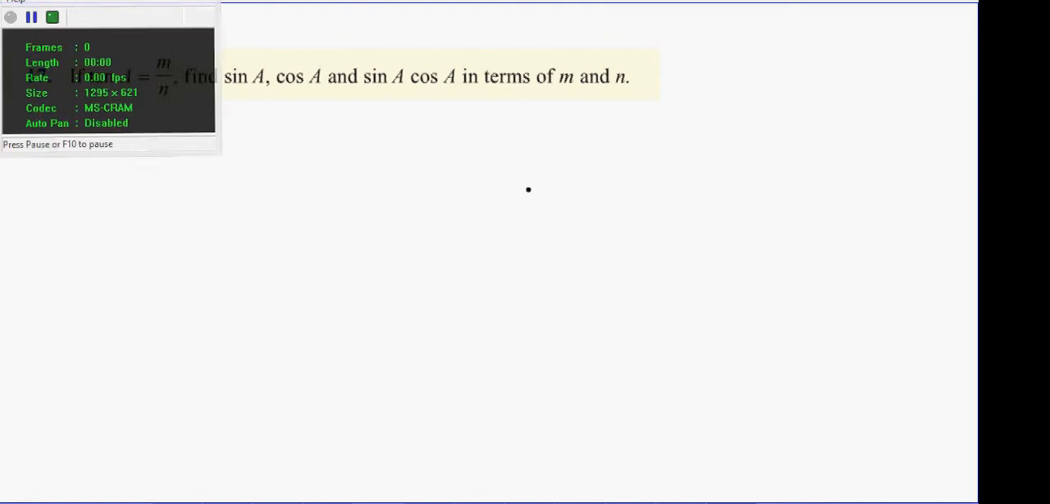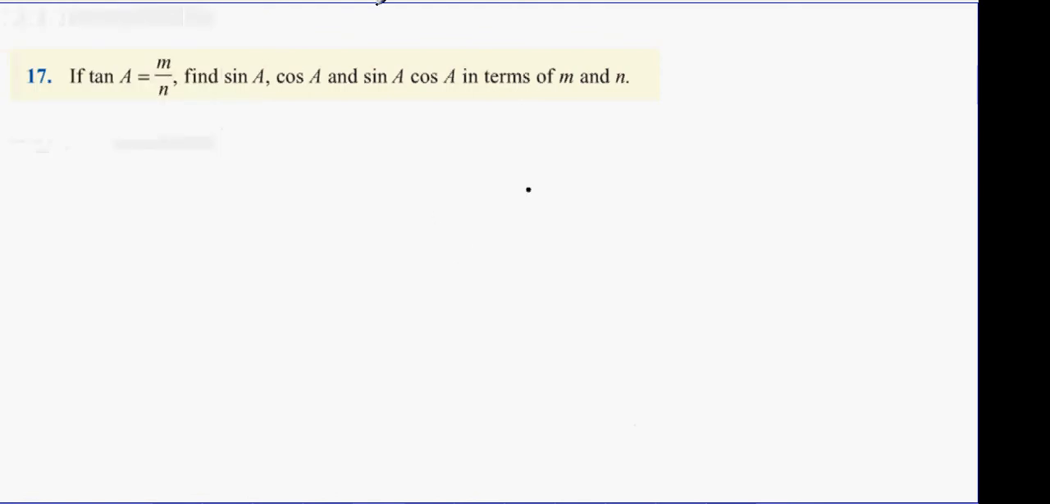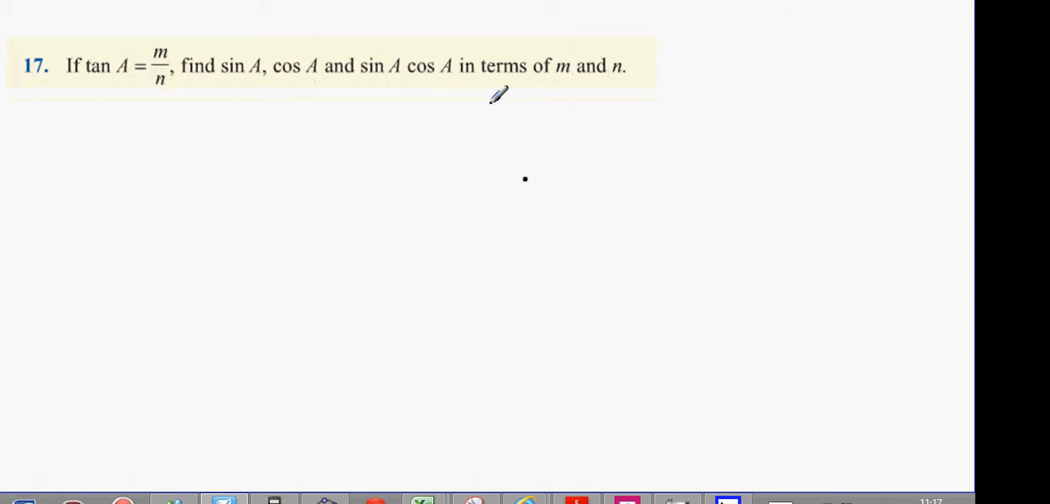17. If tan A equals m over n, find the value of sine A, cos A, and sine A cos A in terms of m and n. Well, guys, as I said earlier, anytime you have